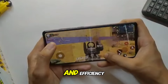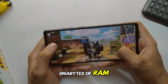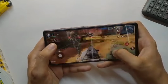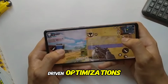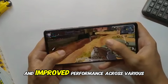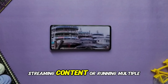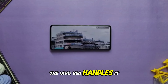balances performance and efficiency. Paired with up to 12 GB of RAM, this chipset ensures lag-free multitasking, smooth gaming, and fast app launches. The Snapdragon 7 Gen 3 is designed for AI-driven optimizations, delivering better battery efficiency and improved performance across various tasks. Whether you're editing videos, streaming content, or running multiple apps at once, the Vivo V50 handles it